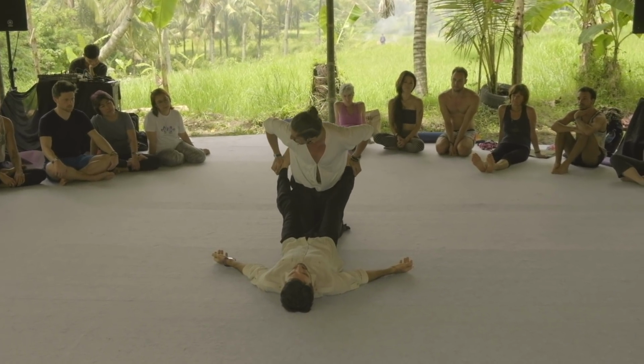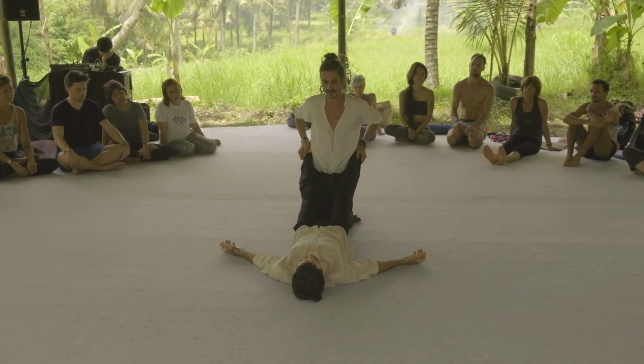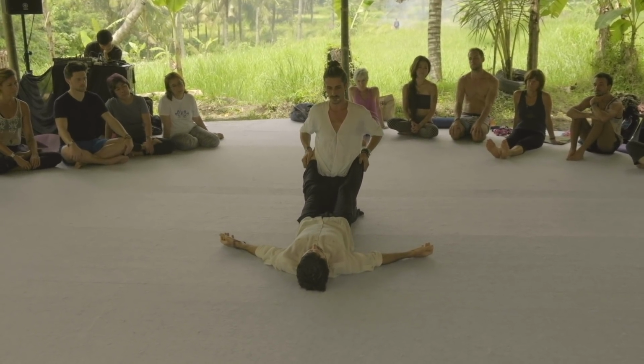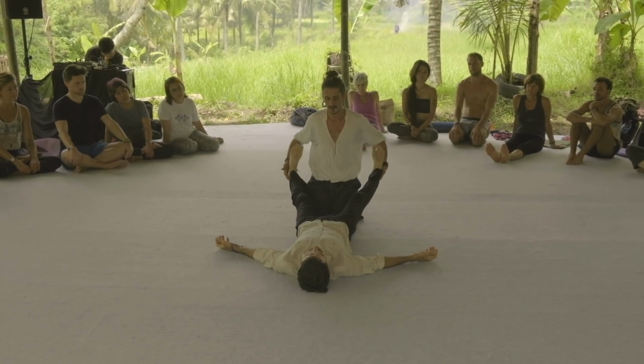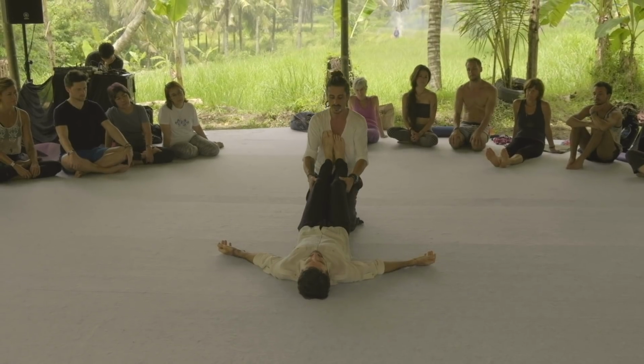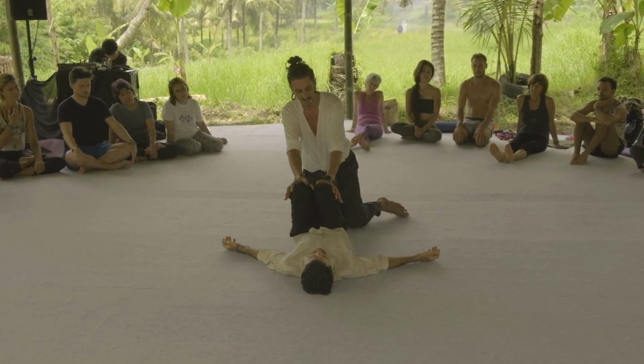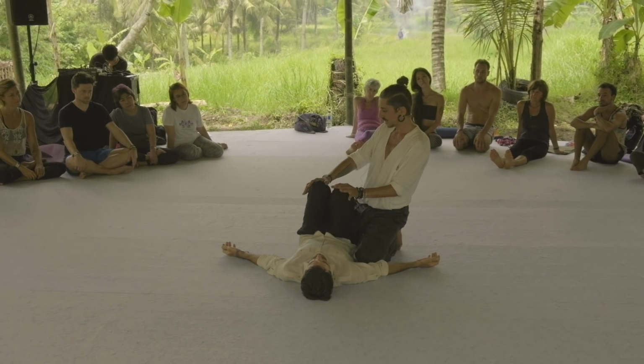Internal rotation, toes pointing inwards. Let the feet hook behind you. Sit back, deeper traction. Fingers onto the back of the knees, bend the knees, push the knees towards the chest. Step to the side,